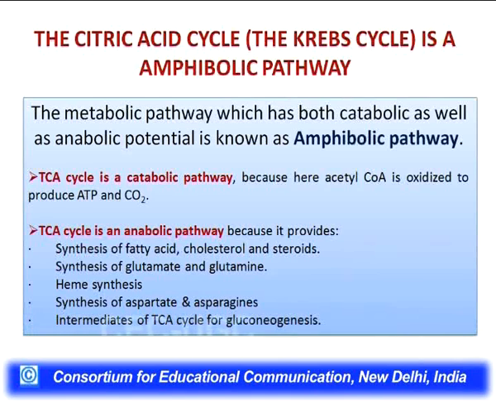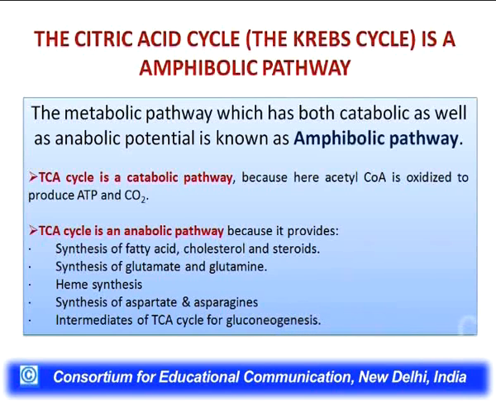An amphibolic pathway is nothing but a pathway which is both catabolic and anabolic in nature, which means that it can help in the formation of many molecules. That's why it is called anabolic, and many a times the larger molecules get broken down into smaller ones with the release of energy. That's why it is called catabolic. So what we just discussed is this acetyl-CoA, when it is oxidized to produce ATP and carbon dioxide, is releasing energy. So this TCA cycle, which is the tricarboxylic acid cycle,